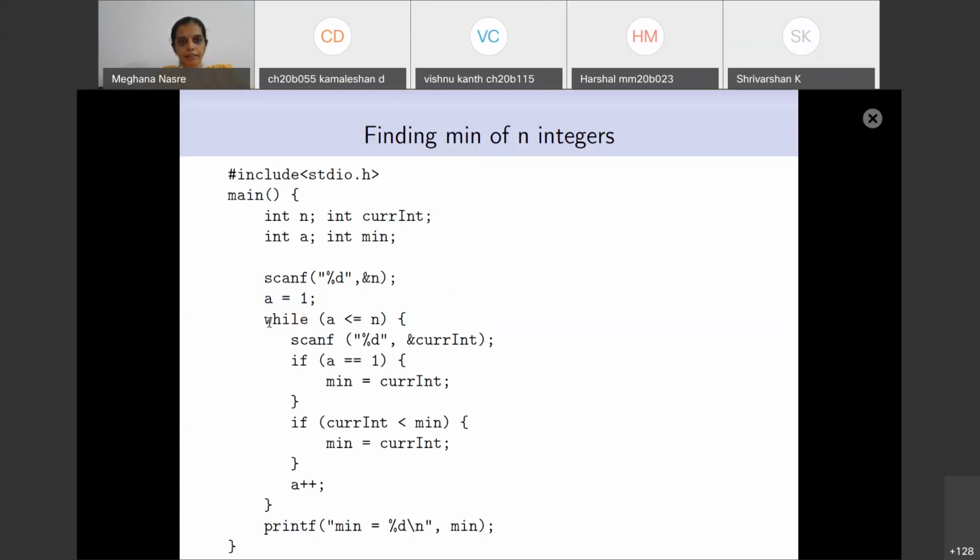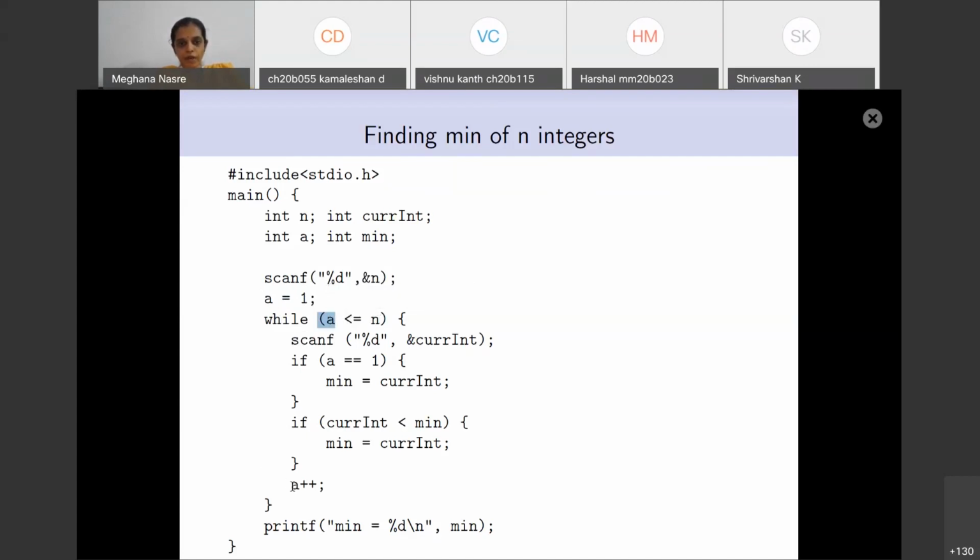And then what I have done is, earlier we were scanning one of the inputs outside, because we didn't know where to initialize the min. We don't know the range. We can also do some other things, but what I have done here is I'm going to take all the inputs in the while loop. So while a is less than or equal to n, because I have initialized my a equal to 1, I will have this condition, a is less than or equal to n.